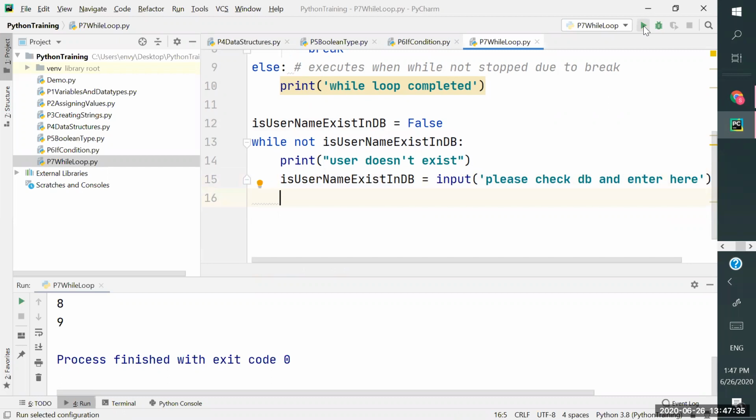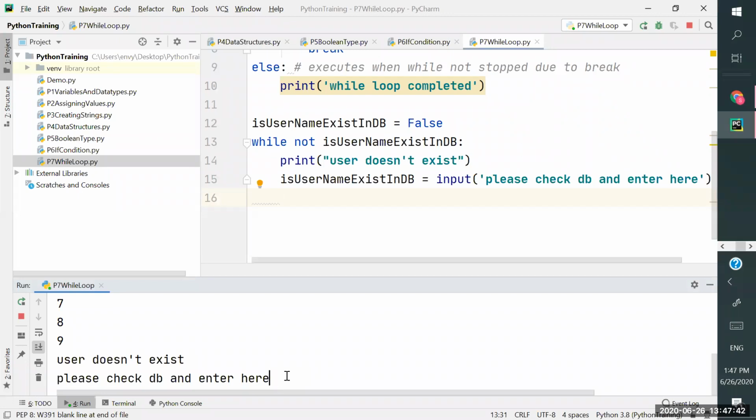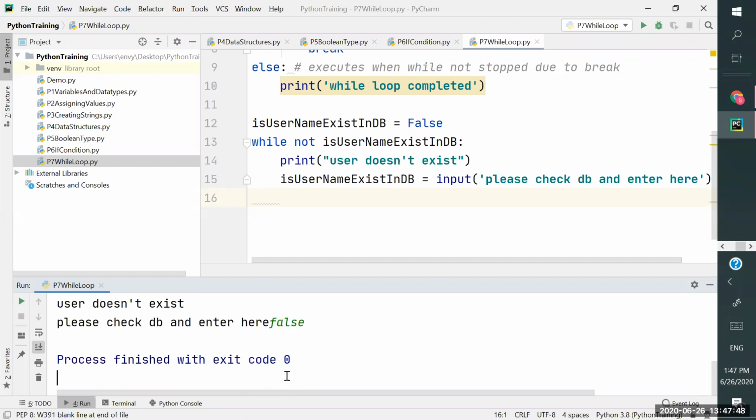So let me execute this. Now it asks me, please check DB and enter here, right? So I'm entering and I'm giving false, right? So when I give false, what happened here? There is a mistake I made. What is that mistake? I'm giving false. False becomes true. So when it is true, not true becomes false, and then it exits, right?